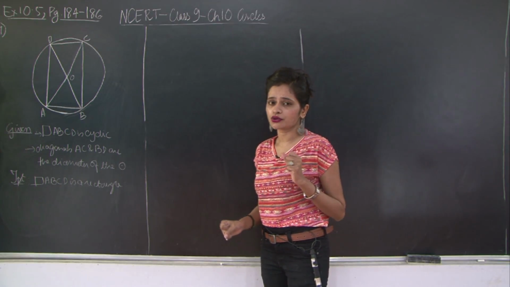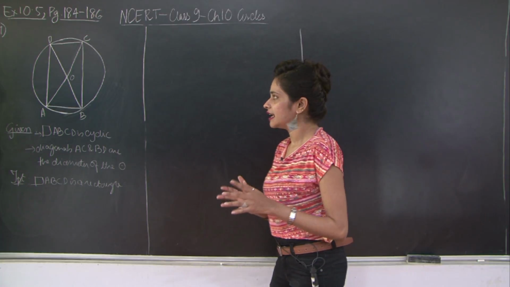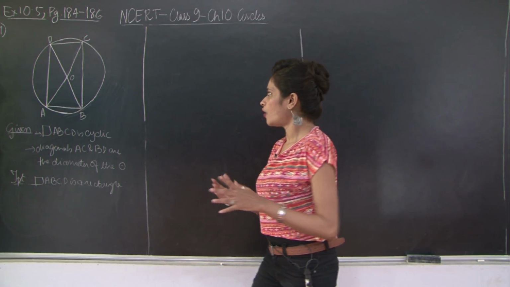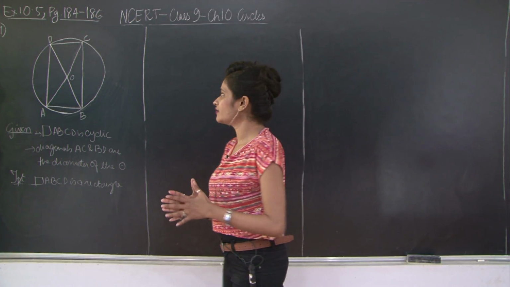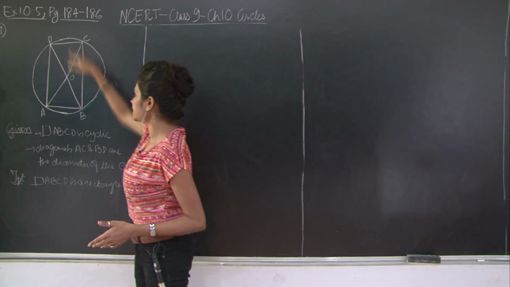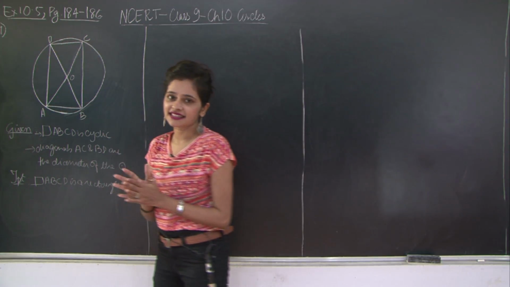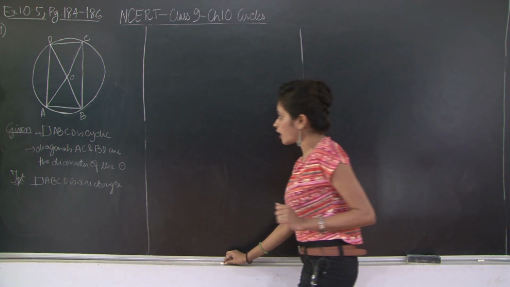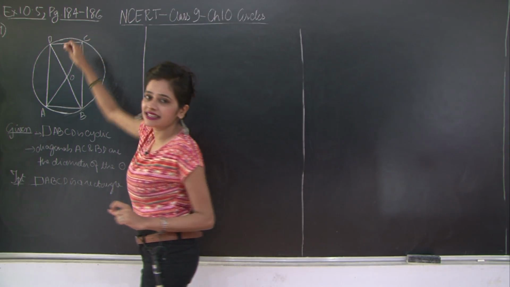So what do we need to prove in order to show that the given quadrilateral is a rectangle? That it is a parallelogram and any one angle is 90 degrees. Or you can even show that the opposite sides are equal, that is AD is equal to BC and AB is equal to CD, and any angle is 90 degrees, right? So now proving the angles as 90 degrees here, that is angle A, B, C and D as 90 degrees